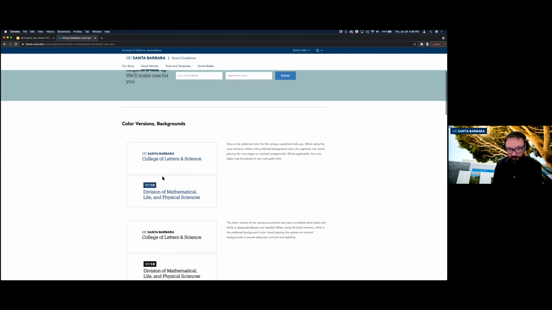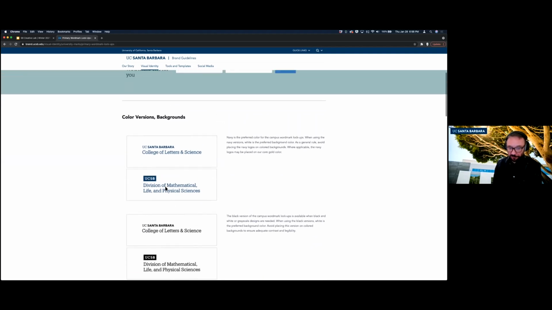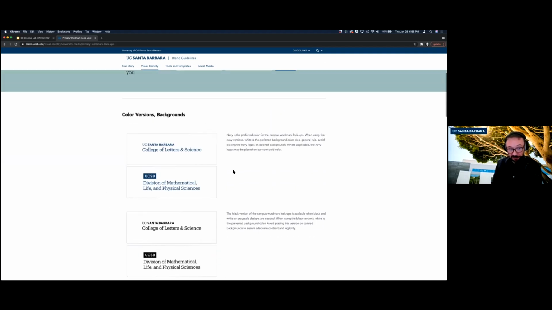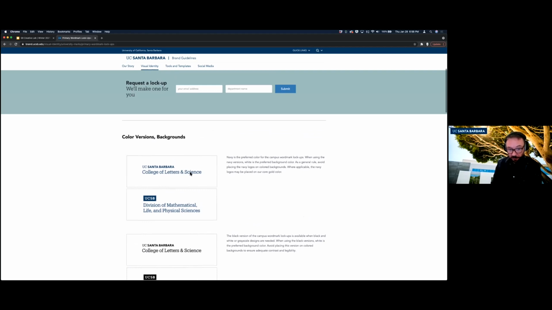If a department is using this in their communications, they very quickly show that they're part of UC Santa Barbara. They're linking to the master brand. And this has been a long effort to get this adopted. I personally make these for every department. I've made 380, I think, lockups over the course of 3 years in a variety of formats, in PMS, in CMYK, in RGB, as SVGs, as EPS files, as PNGs. And so it's been a tremendous effort, but it's been really great.